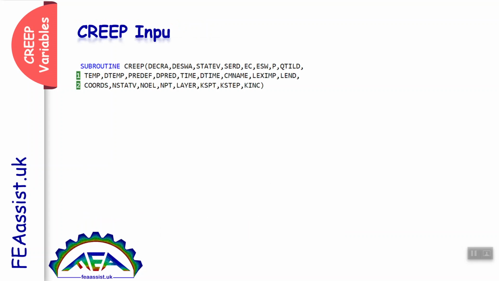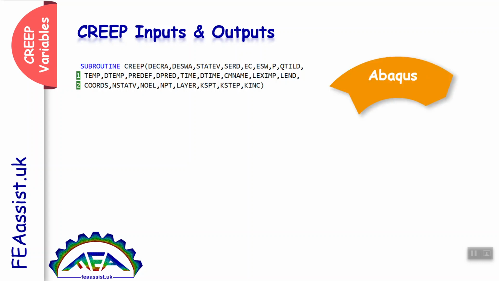Creep variables. The creep subroutine has some variables, some inputs and some outputs. Some of these variables are inputs from Abaqus, and in the creep subroutine, we do some calculations on them, we process them, and we return the new values to Abaqus. Indeed, Abaqus computes the creep variables,